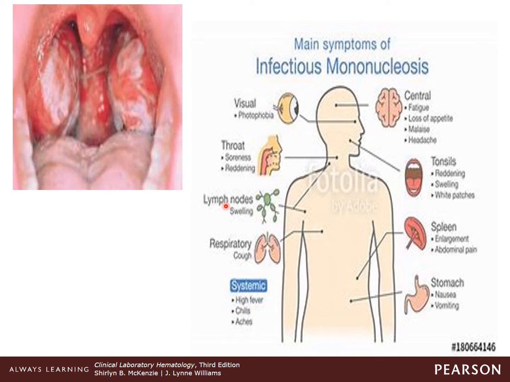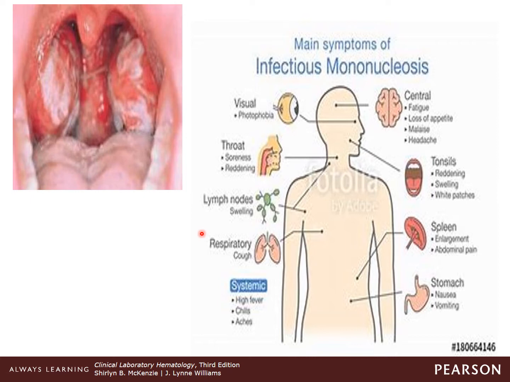It's usually transmitted through direct contact with saliva, and immunocompromised individuals are at increased risk. Once infected, 80 to 90% of adults have had exposure, and therefore have lifelong immunity. Epstein-Barr virus will attach to the B cell CD21 receptor, and once they bind, it activates the expression of the B lymphocyte growth factor. Once internalized, the virus is incorporated into the B lymphocyte genome, instructing the host cell to begin production of